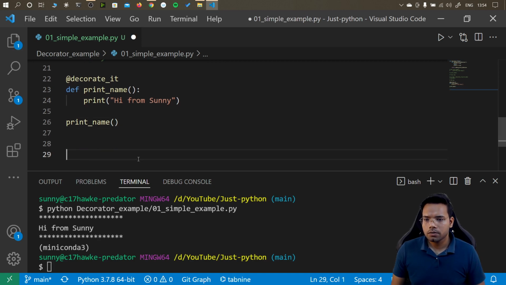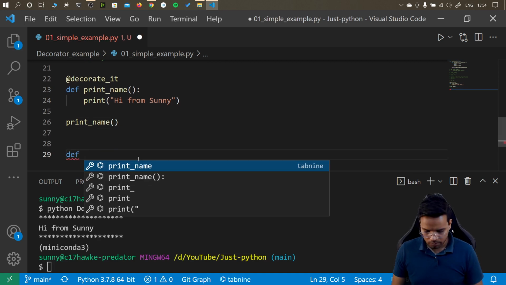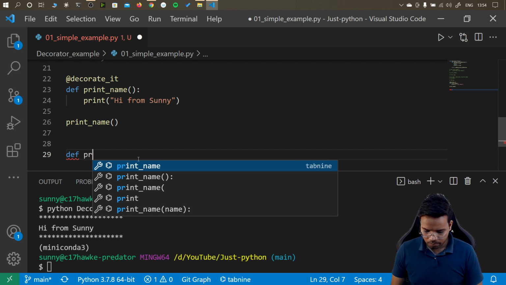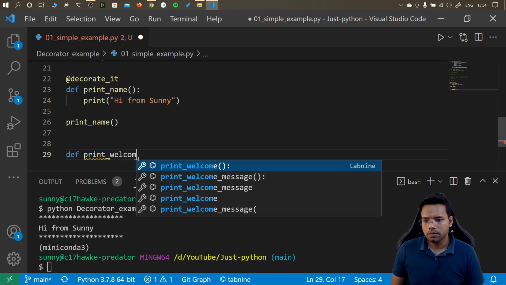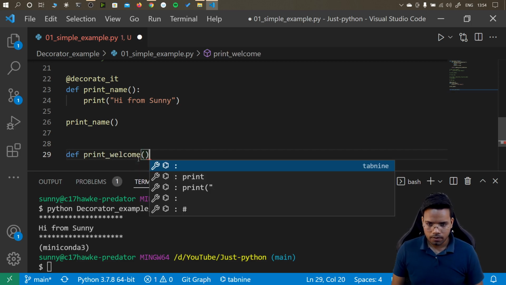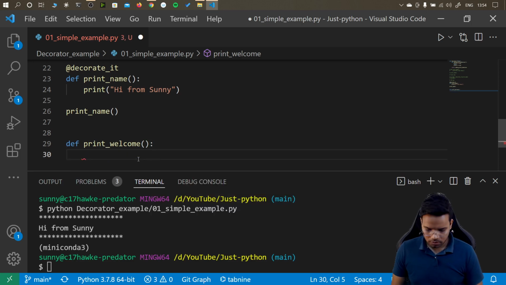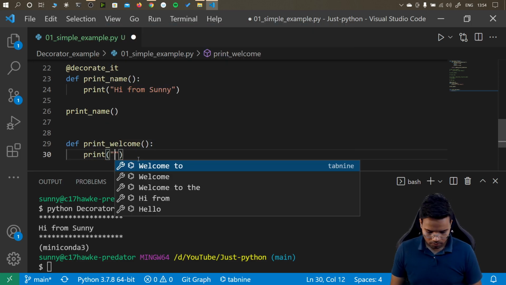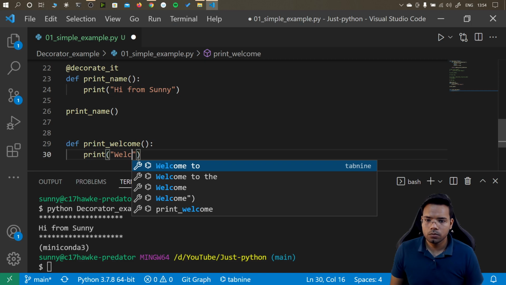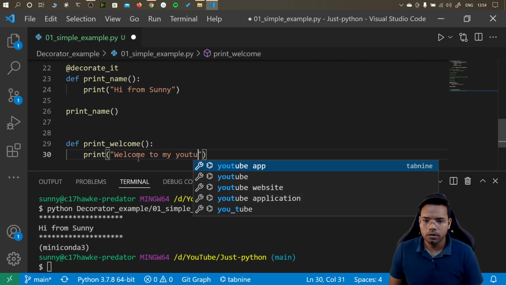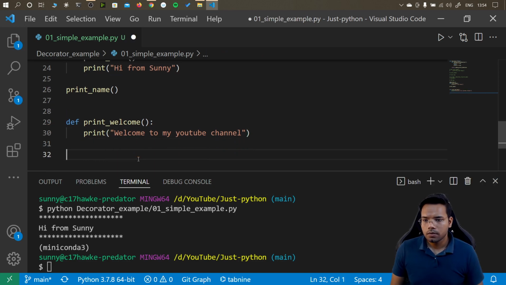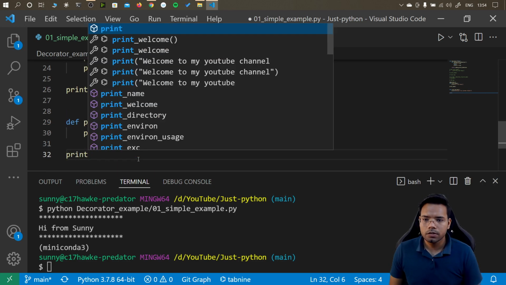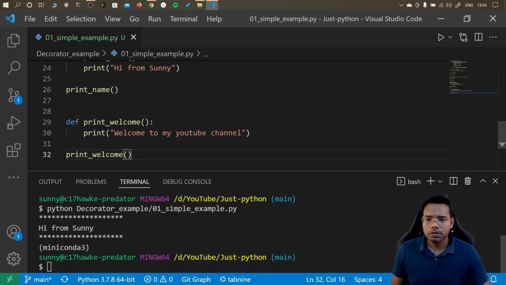Now if you want to just practice on a different function, let's call some other function. Let's say print welcome. You want to print some welcome, and in this one also you are just printing the welcome. Let's say "welcome to my YouTube channel." Now again, if I directly call this one, that is print welcome,